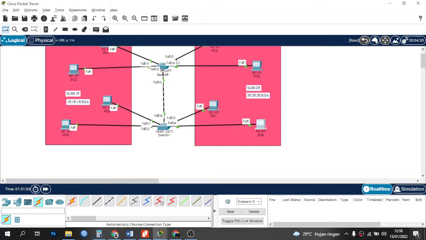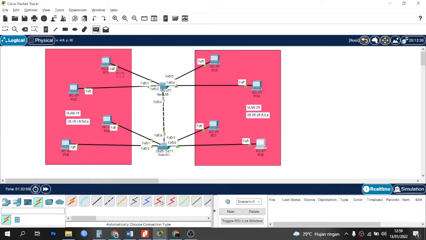Now let's try to test ping between PCs that are in the same VLAN, for example PC1 to PC5. I use the PDU to ping PC1 to PC5. Okay, it can be seen this is working successfully.